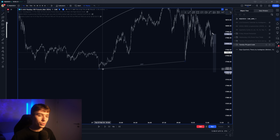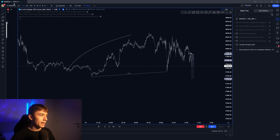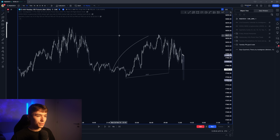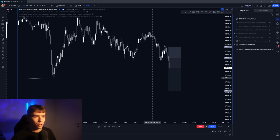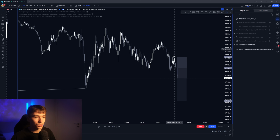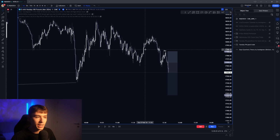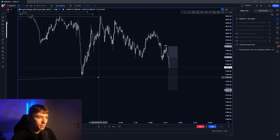relative equal lows, not really, but nice lows to target, right? And in hindsight, I saw that this was actually a beautiful market maker sell model on Tuesday. That's why I took this trade. So I just constantly react to what the market is telling me. It's telling me it doesn't want to go higher. It wants to generate another form of buy side liquidity together with all these highs. I see this 1 minute is getting disrespected. I change my bias, right? And I think this is going to be the next